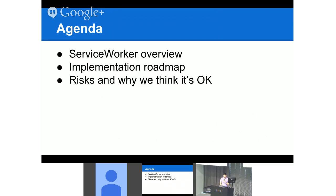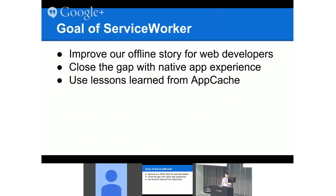Okay, so let me just start with some context, like what the goal of this project is, why we're implementing Service Worker. It really is about improving the offline story for web developers, which is part of closing the gap with the native app experience. So currently, obviously, a native app can work very well offline, which isn't really the case for web apps right now. Kind of the best story we have right now is using AppCache,